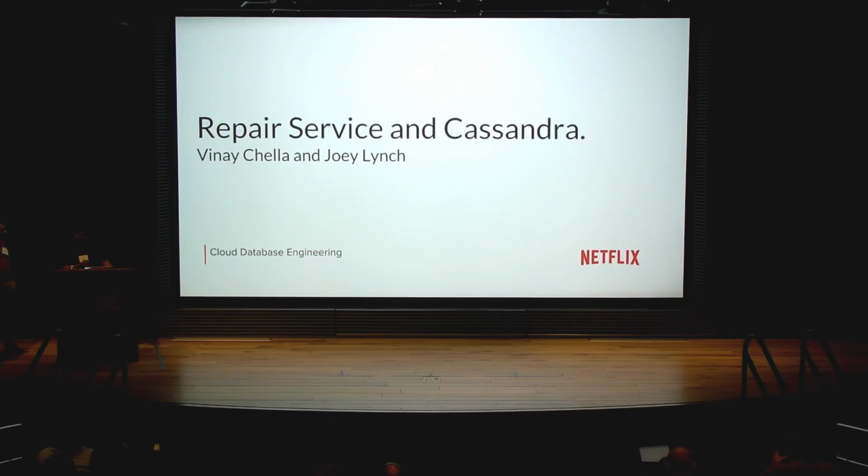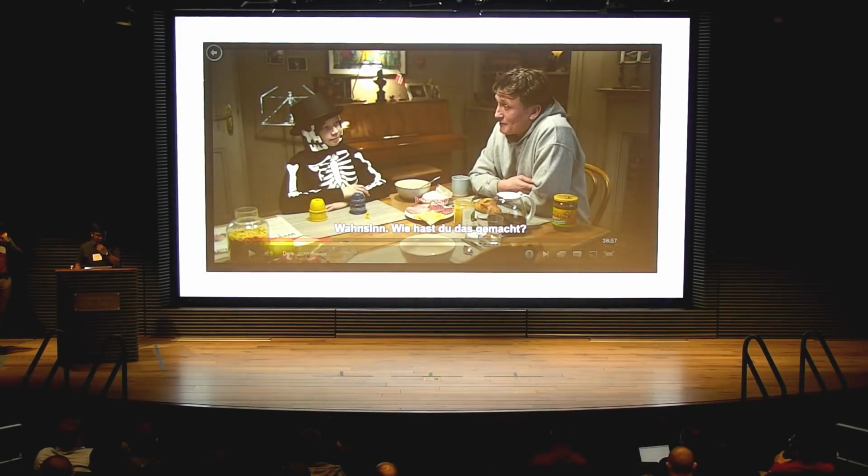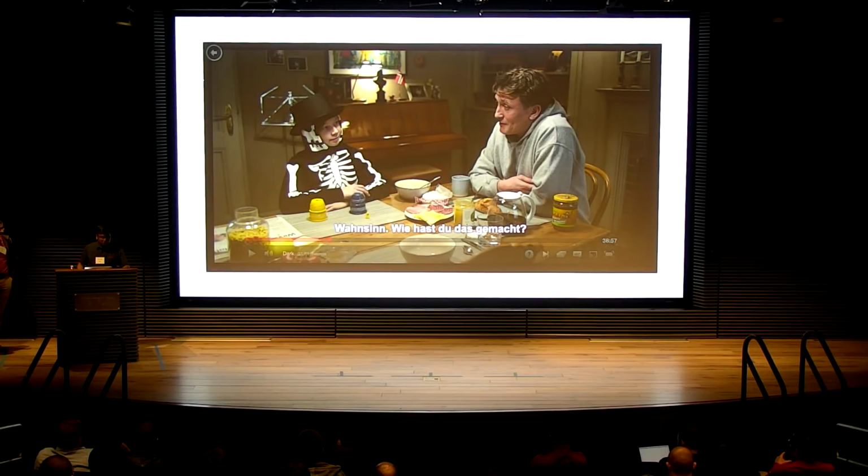As part of that, we built a service called Repair Service. But before getting into the details of the repair service, let's understand the need for a service like that. Let's imagine we are watching a Netflix original show called Dark, which is a German-based show, and it's pretty popular in German and international markets as well.